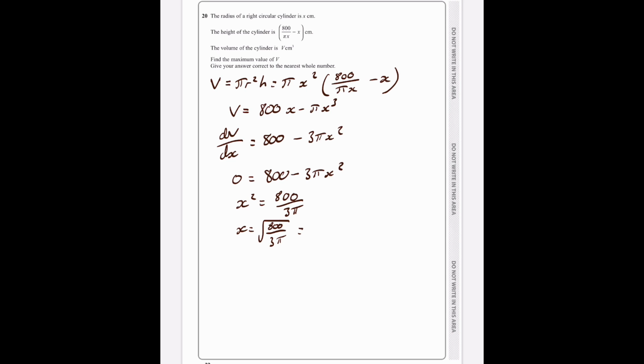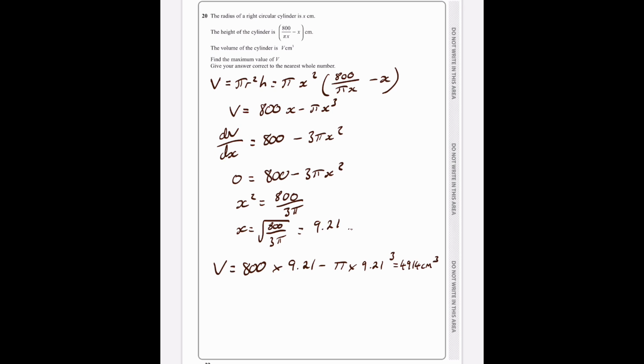So x is the square root of 800 over 3 pi, or 9.21, etc. if you prefer. That's our optimal value of x, so I shall now substitute that into my expression for the volume. I'm using the simpler one. 800 times my new value of x, subtract pi times my new value of x cubed, comes out as